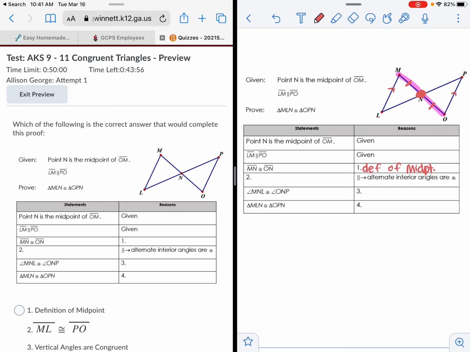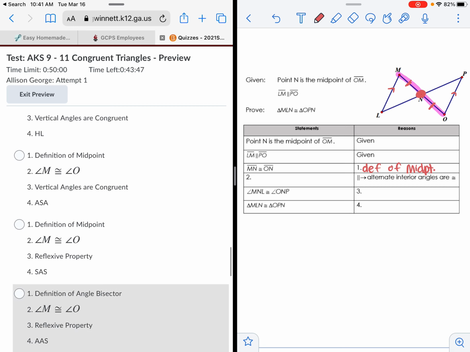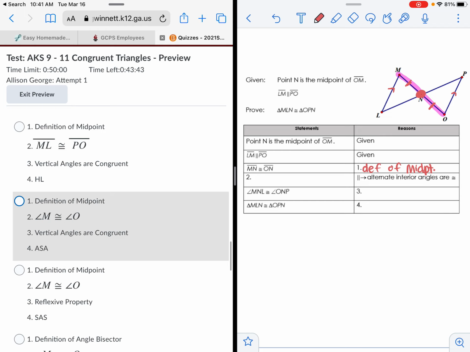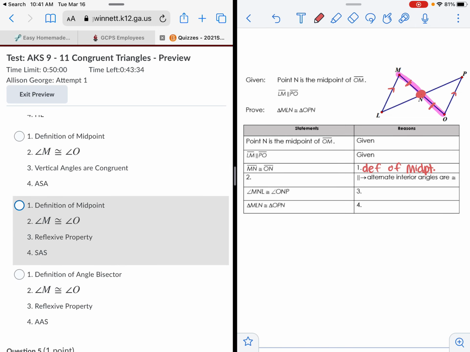The next one is alternate interior angles are congruent. Well, I am trying to pick one of these answer choices. Look, they all are the same except for the first one, which says ML is congruent to PO. Those two are not angles, so it cannot possibly be the first answer choice. But let's look at angle M and angle O and see why